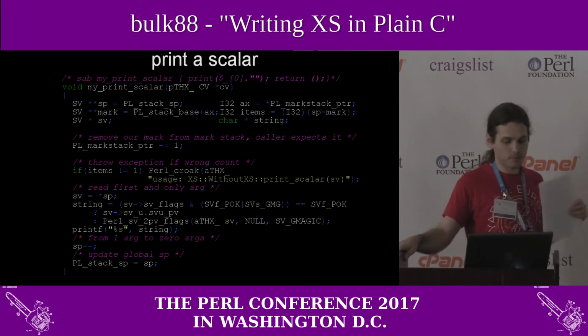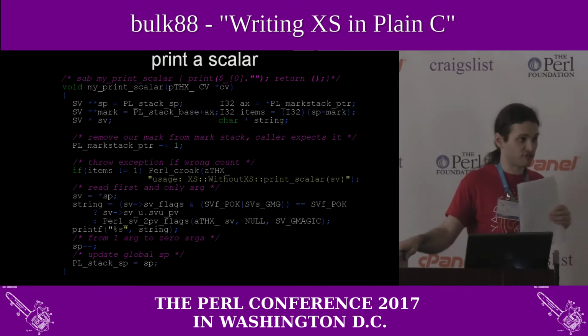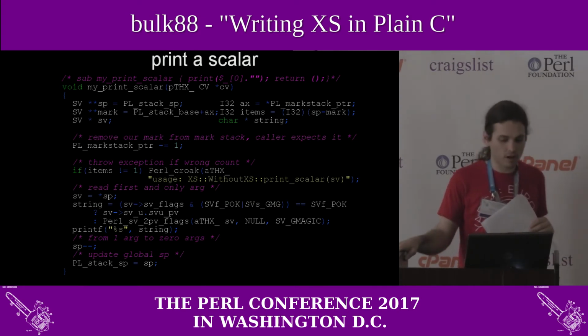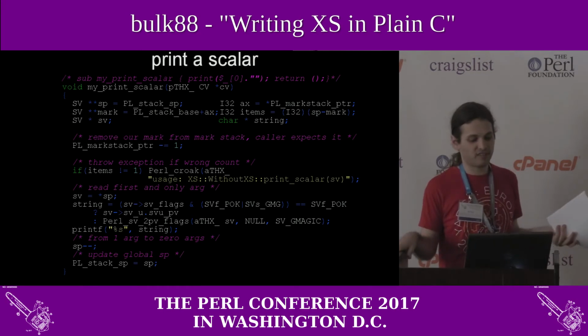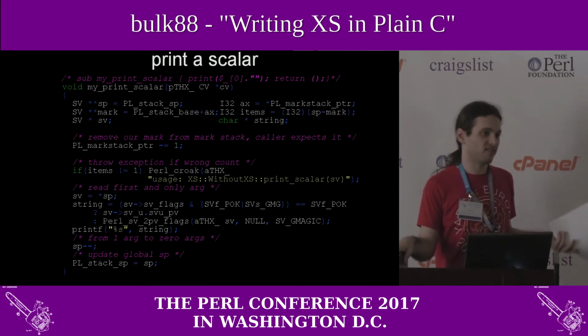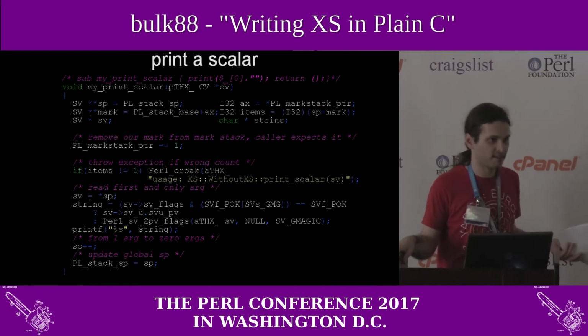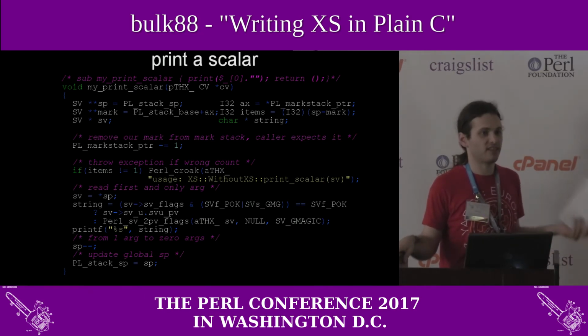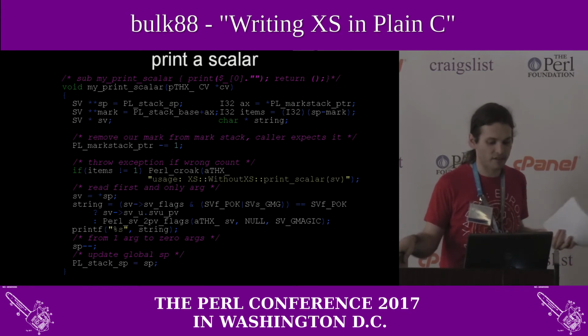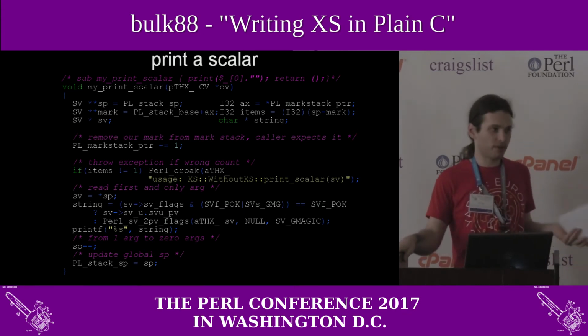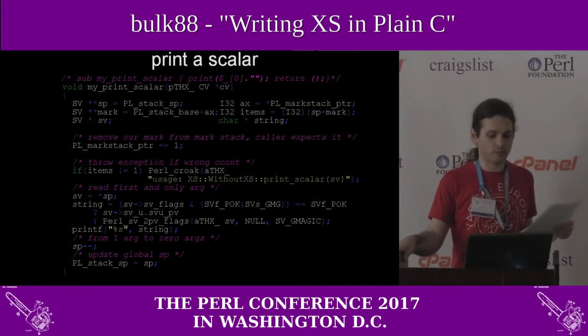Then we have to check if our scalar internally is a string or not. If it's a string, we can directly read it. Otherwise, we have to call a casting function, which is sv to pv flags. Again, this is a macro in the official API, but here I expanded it so you kind of understand the internals of the macro. And finally, we call printf to print the char pointer that we pulled out of the